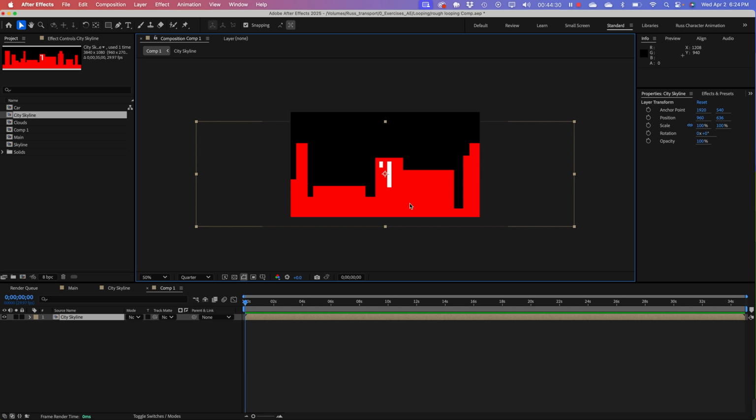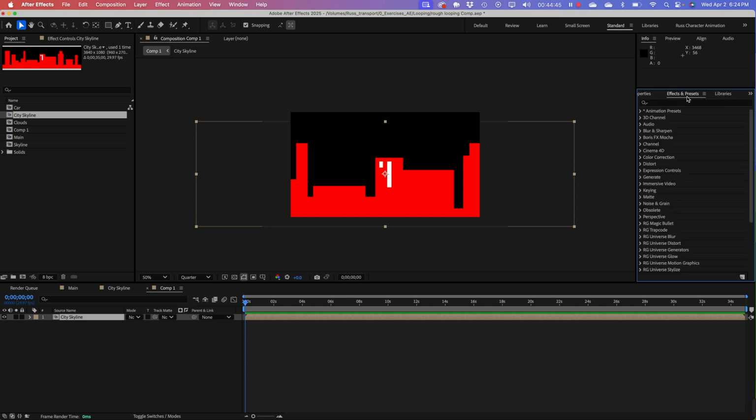I'm working in a standard workspace, and over here along the right-hand side should be a panel for effects and presets. If we grab that, you see all the different effects that After Effects has in it are here, and I've got a bunch that you probably don't have, but in this search bar, I just want to type the word offset,